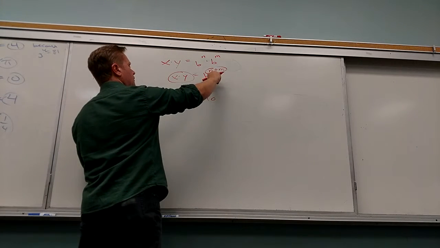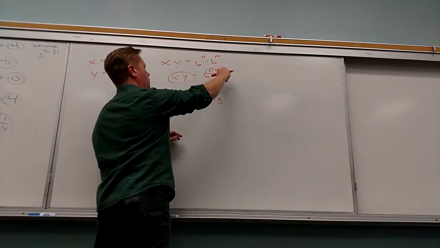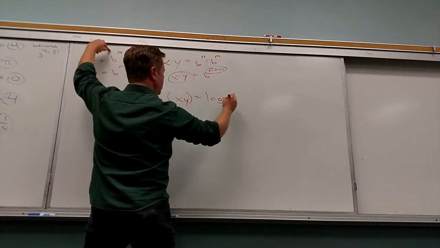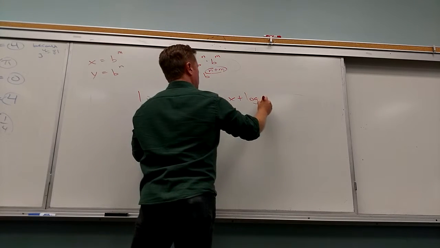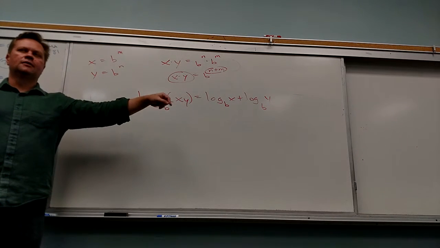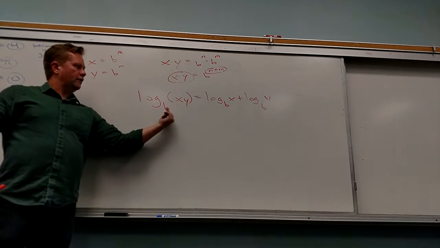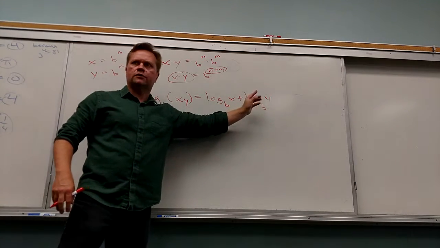What was n? n was the power on the y piece. What's m? m is the power on the x piece. So all this statement says is when I multiply things with like bases, I add the powers, because